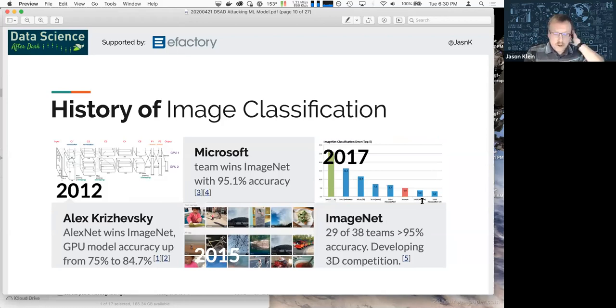8 years ago, Alex, I don't know how to say his last name, so AlexNet won ImageNet. The story at the time was that prior to 2012, models were only able to predict images in that 1,000 category image pool at a reliability rate of about 75%. So there were about 25% errors. And AlexNet improved that quite a bit, to where there was only about a 15% error rate.